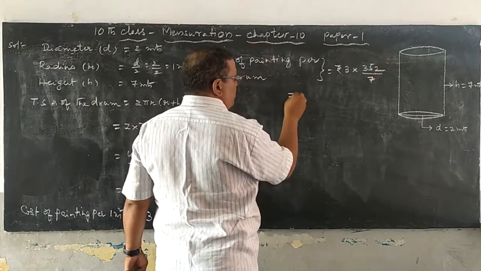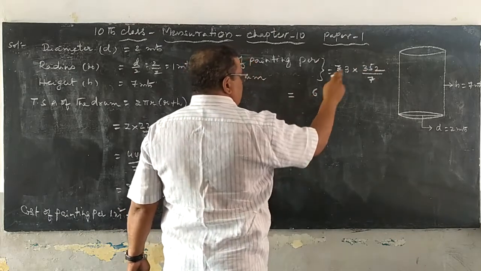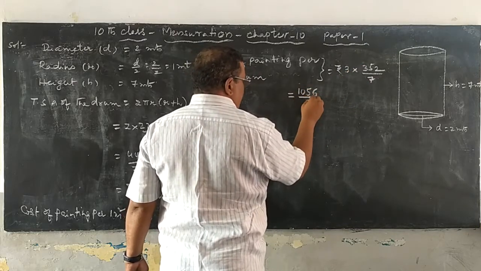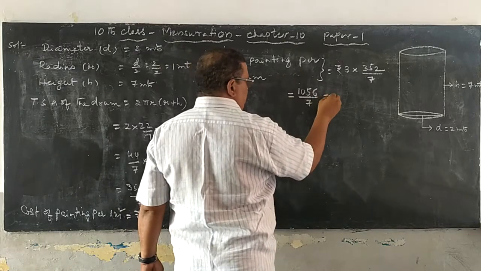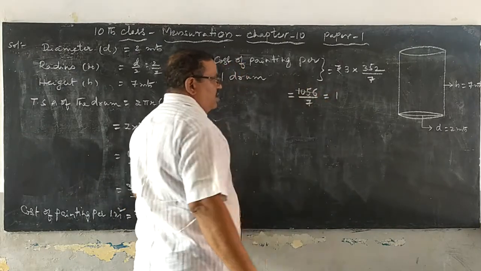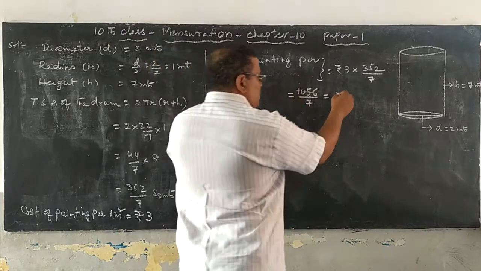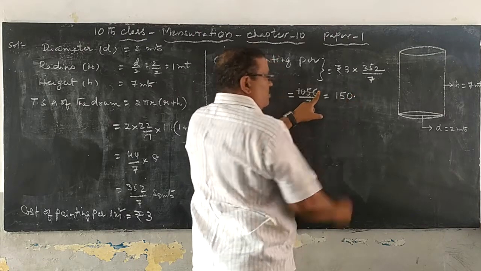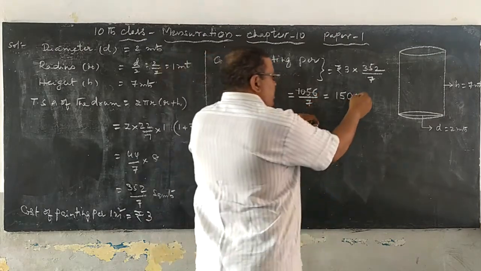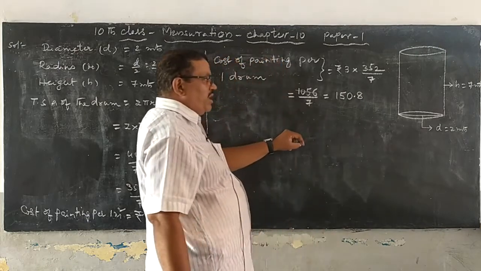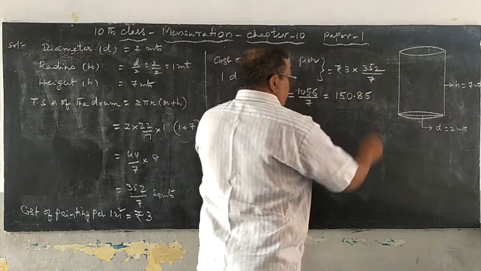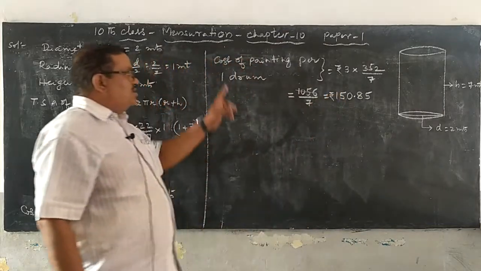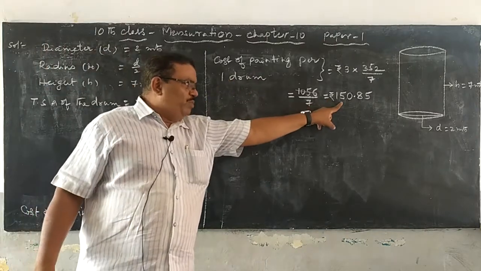Multiply that: 3 2s are 6, 3 5s are 15, 1 remainder, 3 3s are 9, 10, that is 1056 by 7, and do the cancellation here. 7 1 is 7, remainder is 3, 35, 7 5s are 35, 6 is there, not gone, 7 0 0, put the point, it becomes 60, 7 8s are 56, 4 is the remainder, 40, 7 5s are 35. So rupees 150.85. Cost of painting per 1 drum is 150 rupees 85 paise.